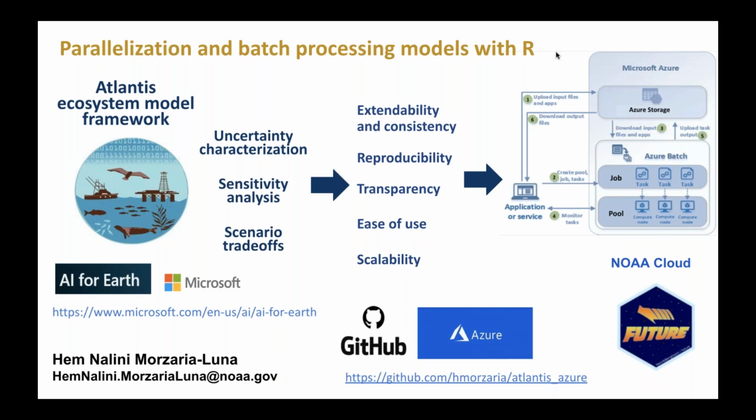We use R to submit parallel workloads and to manage batch processes across multiple nodes within Azure using Docker containers when we're managing hundreds of runs. We are also participating in a trial for NOAA Cloud, which provides access to a cluster architecture as part of the high performance computing program, but also runs over Microsoft Azure in the background. And this allows us to use R to manage processes across our cluster. Thank you.